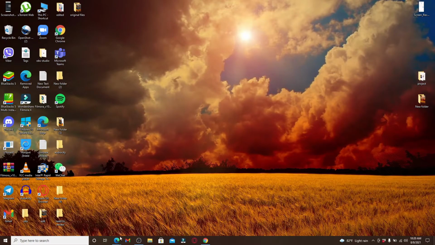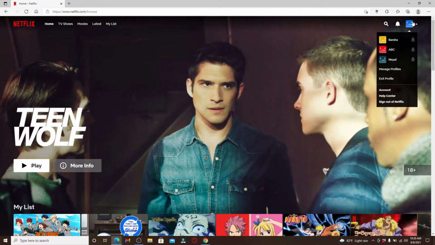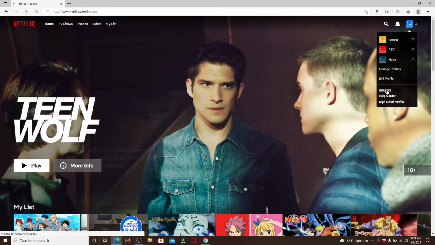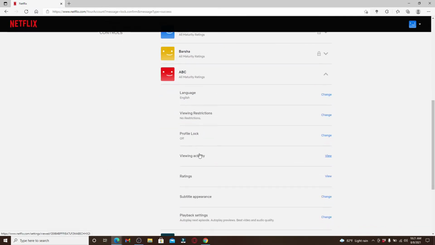Start by opening up a web browser and go to your Netflix account homepage. Go to the top right and click on your profile image. Now, go to Account from the pop-up, scroll all the way down under Profile and Parental Controls and click on your profile. Once you do that, from the expanded menu, you'll be able to see an option that says Profile